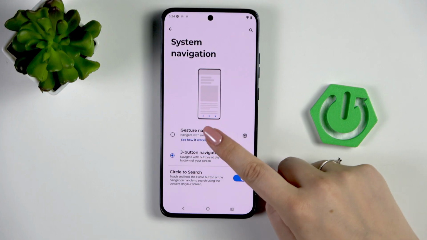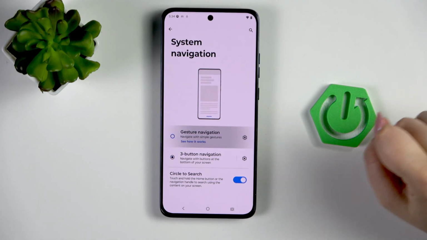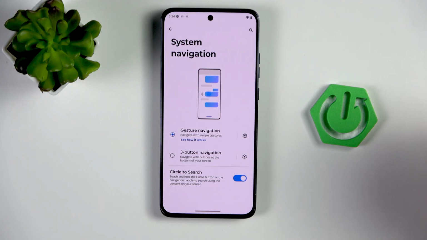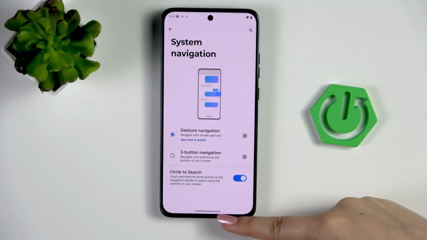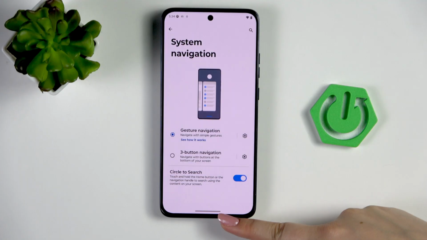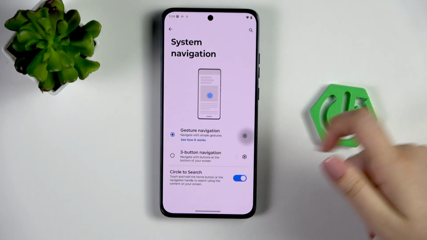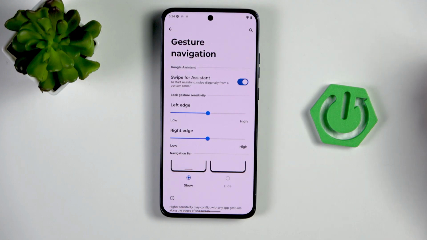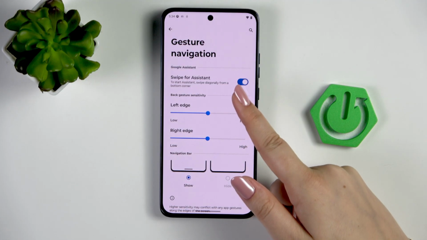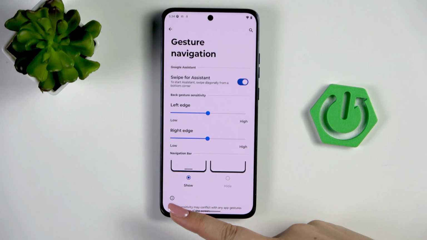If you wish to set the gesture navigation, just tap on this option here, and instead of the 3 buttons you've got this line that is responsible for specific gestures. You can tap on the settings icon, and here we've got more options to customize. So first of all, swipe for assistant, so from a bottom corner,